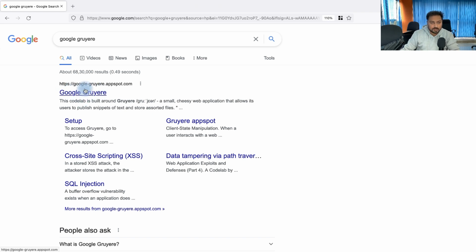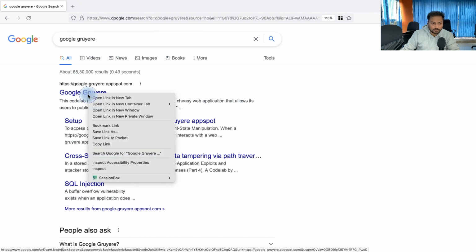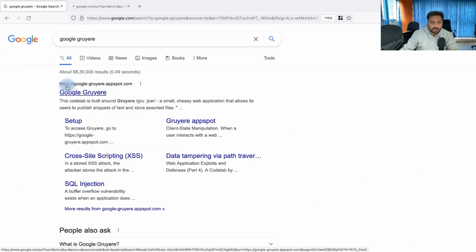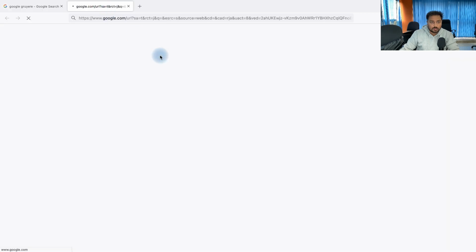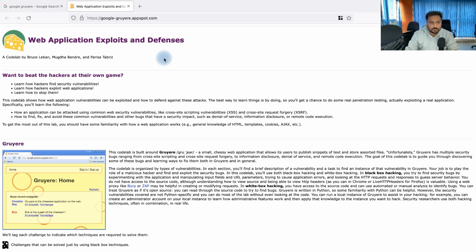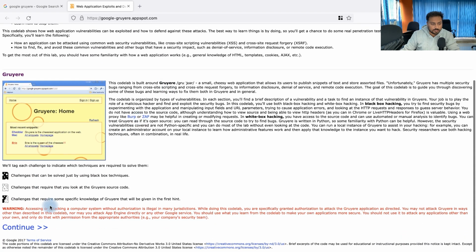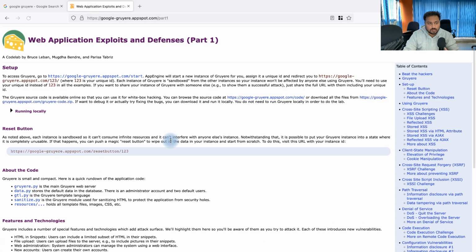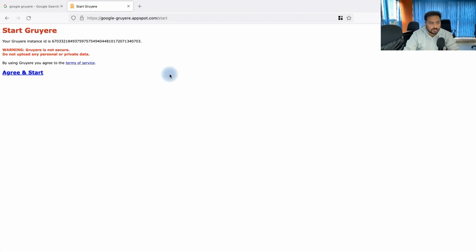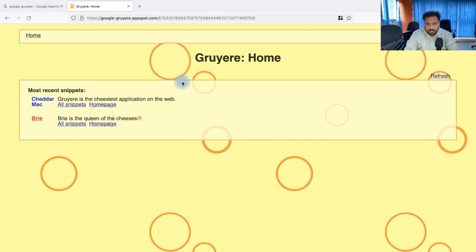Here you can see this is basically the application which I'm testing right now. You can simply click here, open link in new tab. You see the application is HTTPS. Just open it up here, and you can see the application is now open. After that you can check where we can sign in. You can simply click continue, and here we have a continue option, and after that you can see the setup is available here. To access this application, go to this link, select that link, and click agree and start. That's how we can check it out. So now we can say this is the application we are testing right now.